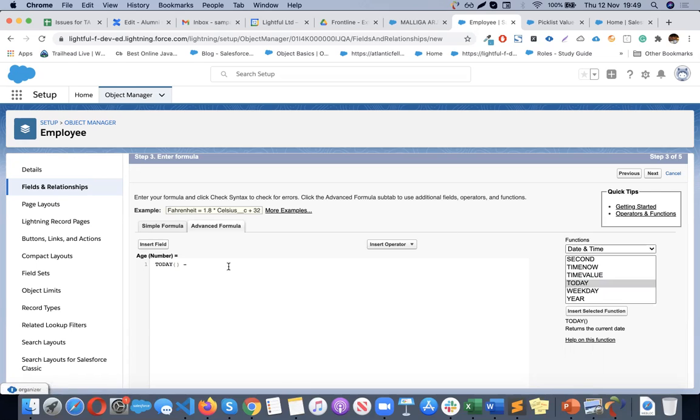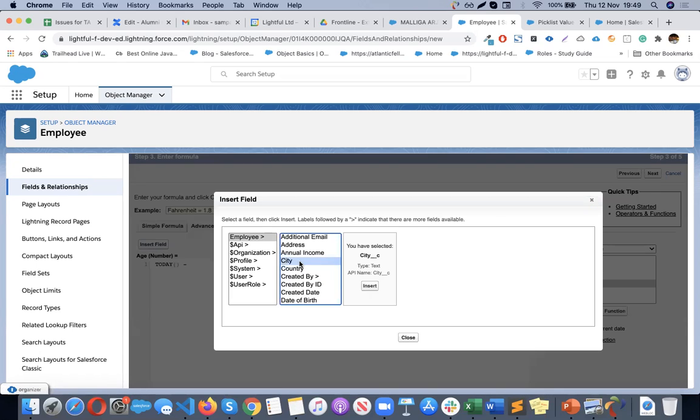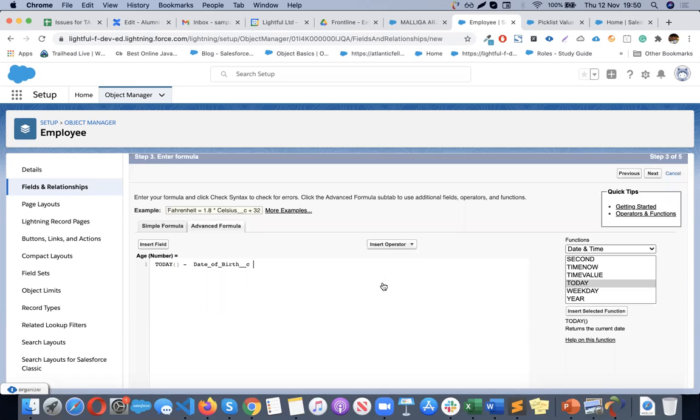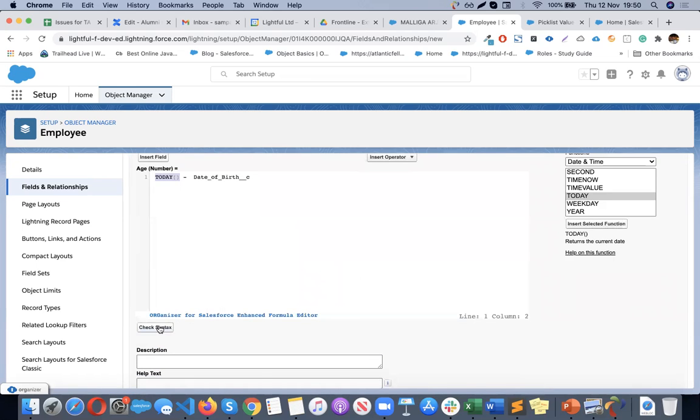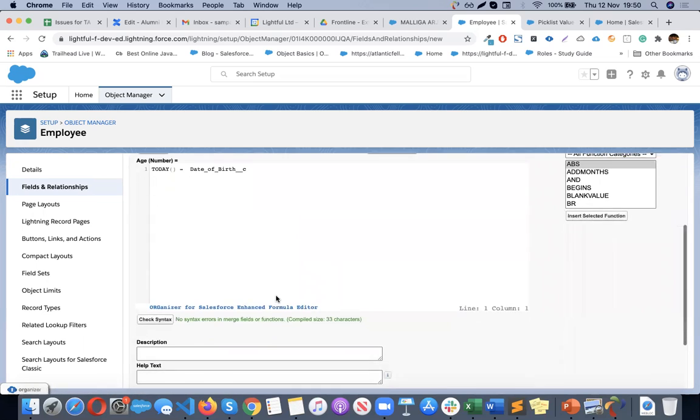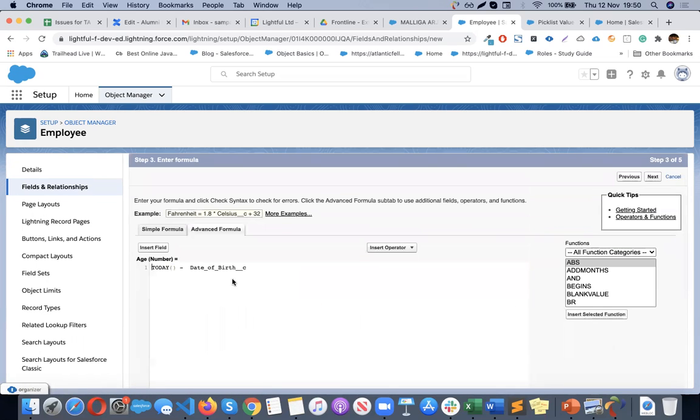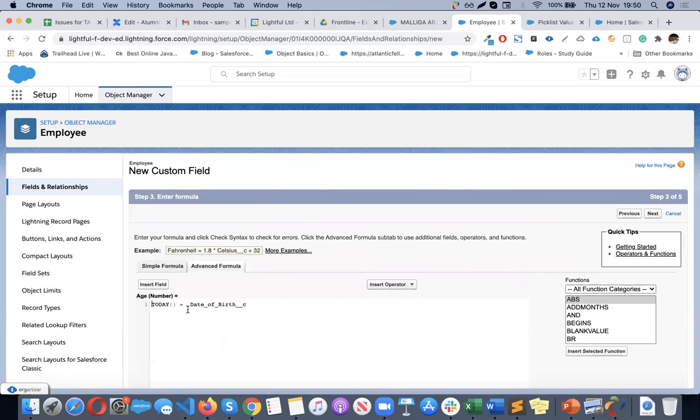To insert the date of birth, select the insert field and simply choose date of birth. Is that clear? We are not typing anything, simply selecting the functions. Here also we are selecting. Now there is the option check syntax. Yeah, but again this is also wrong, but we'll see what will happen. It will return the number of days, not the year. It will give the number of days, but for age we need a year, right? So it will give you the number of days between today minus date of birth. So if I click next,